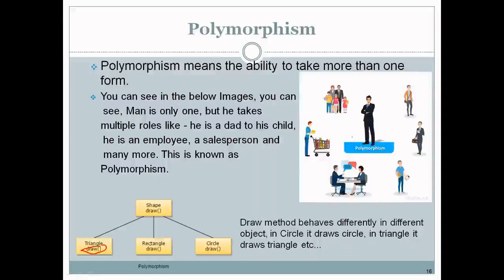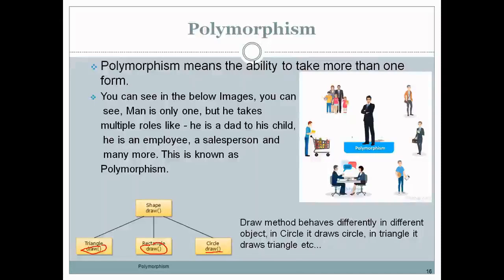The draw method in the object rectangle may draw a rectangle, and a draw method in circle may draw a circle. So we have the same draw method, but it behaves differently in different objects. That means it is taking different forms, and that is called as polymorphism. Okay, this is about polymorphism.